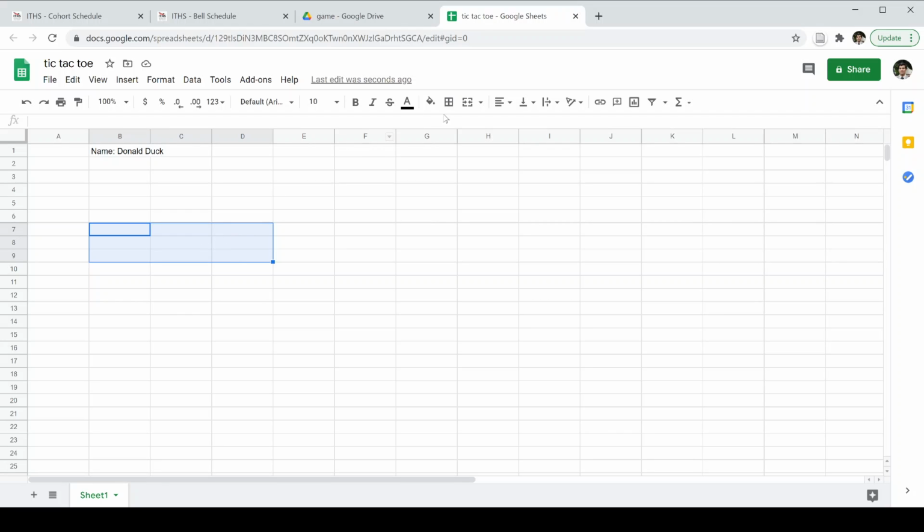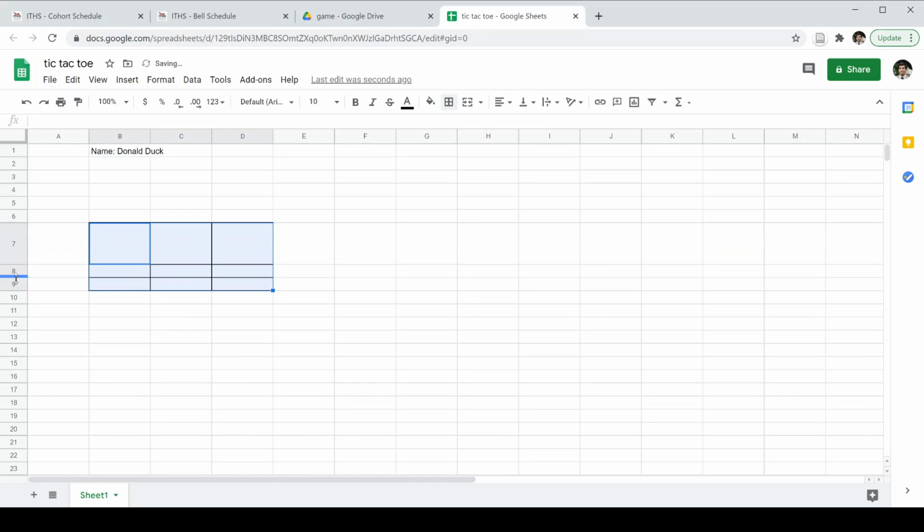So I've selected the 9 boxes. I'm going to put a border by clicking on the border button here, and then I will add the borders by clicking on this all border button. So once again, to do this, I highlight and select 9 boxes that I need for the tic-tac-toe game. Then I click on the border button, and then I have to make all of these boxes into squares. And in order to do that, I will drag this down,